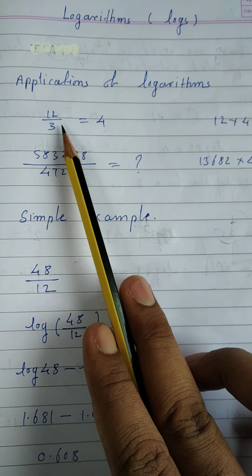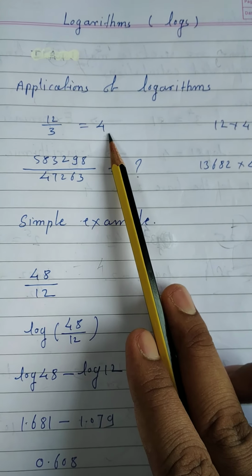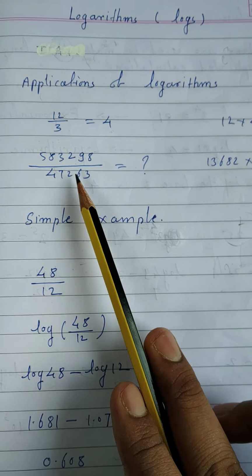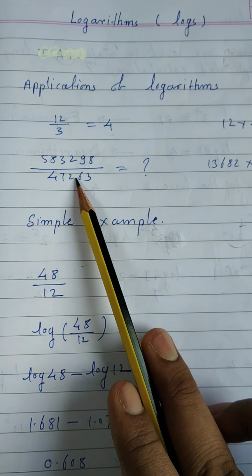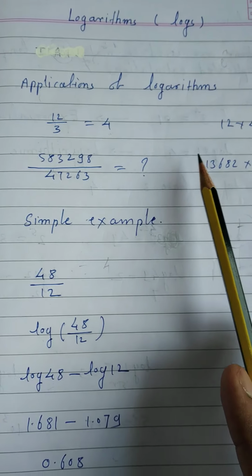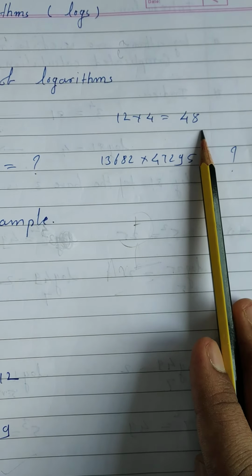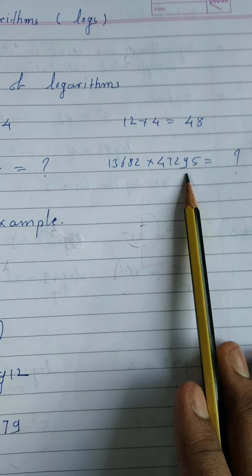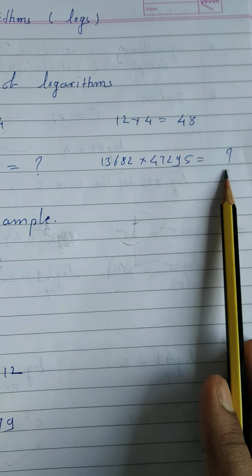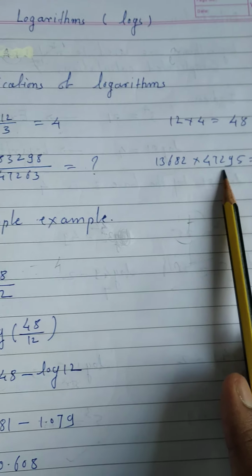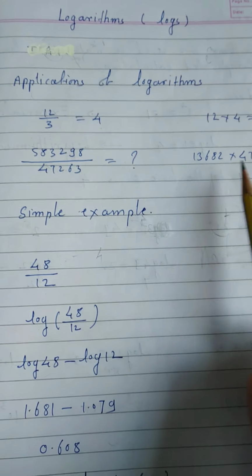If you come across this example, that is 12 upon 3, which is 4, which is quite easy, isn't it? But if you come across this kind of calculation, don't you think it will be very difficult to go for this kind of division? Even 12 fours are 48, it's again very easy, but when it comes to this kind of multiplication, again this will be a difficult task for us. So to handle complex calculations, we have the